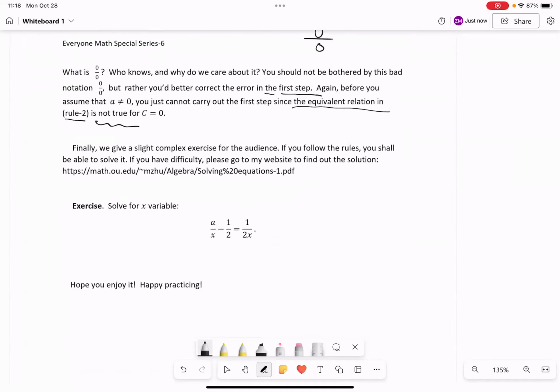The exercise reads: solve for x. Here a is again a parameter. a over x minus half equals 1 over x